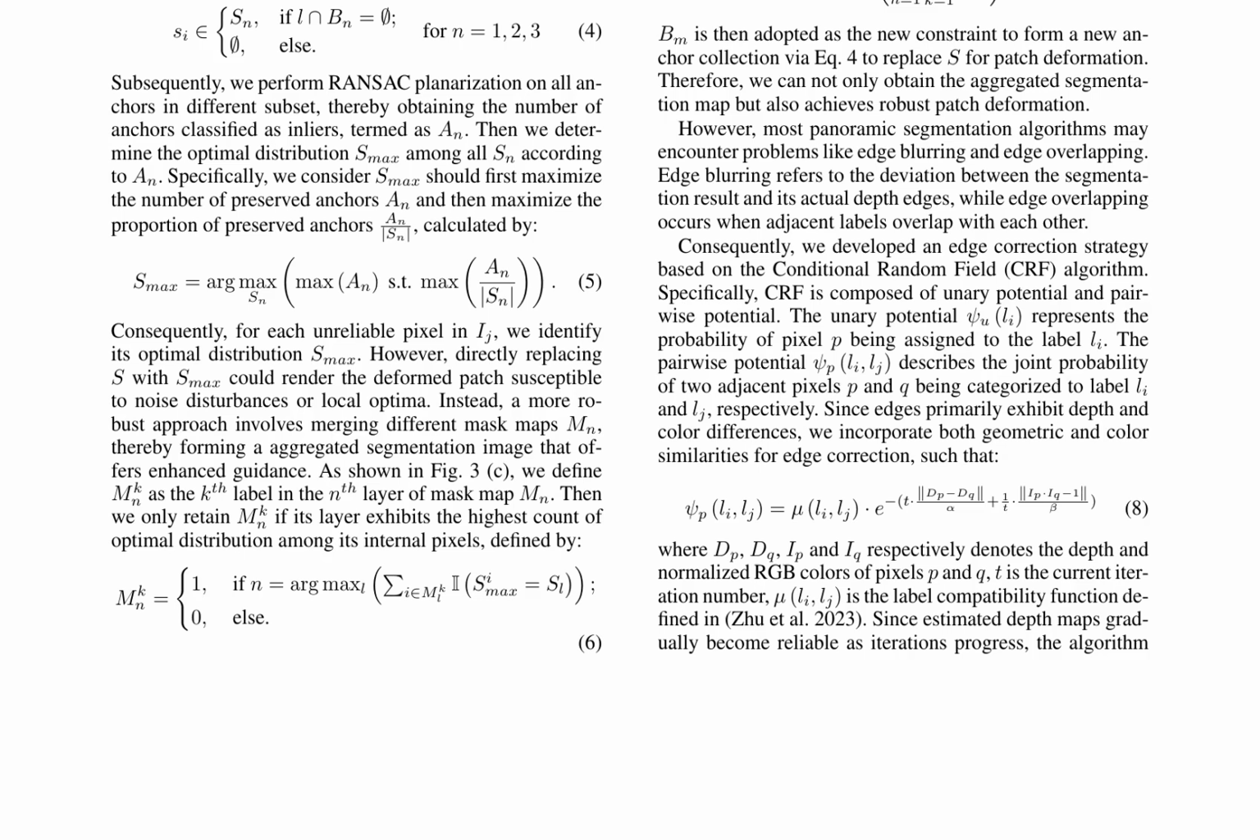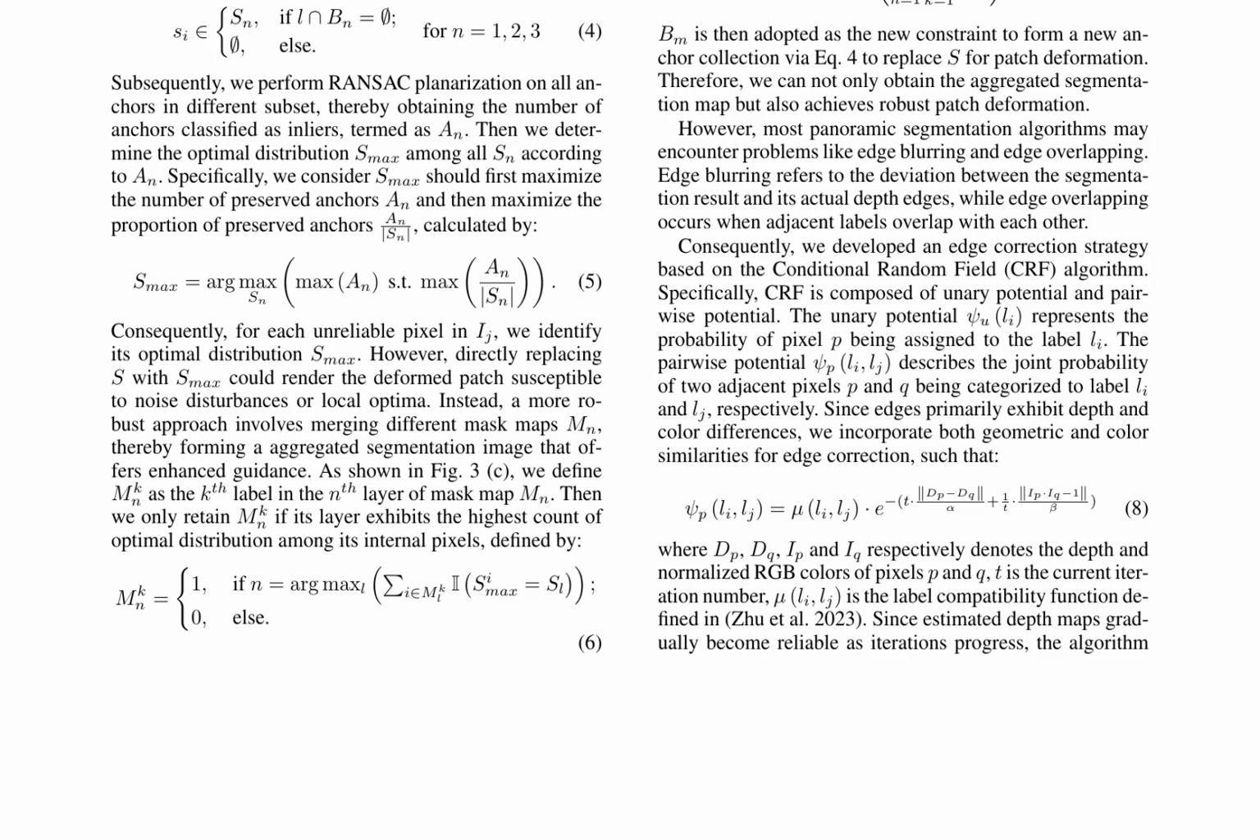An edge correction strategy based on the conditional random field algorithm is developed to address issues such as edge blurring and overlapping in panoramic segmentation. The CRF model consists of unary and pairwise potentials, incorporating both geometric and color similarities to refine the edge correction process. The deformable patch matching cost is calculated as a weighted sum of the cost within the patch and the cost of the deformed patch, ensuring anchors are within homogeneous areas by classifying them into different subsets based on their